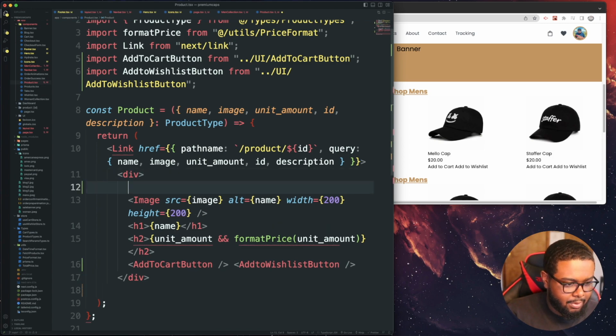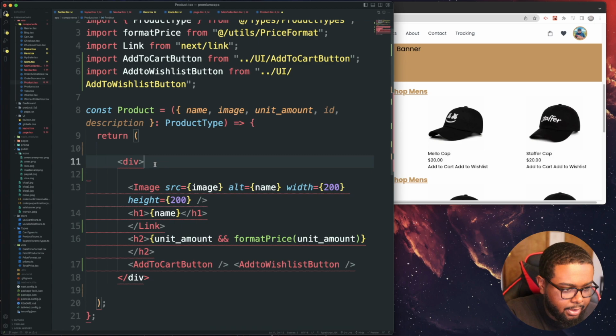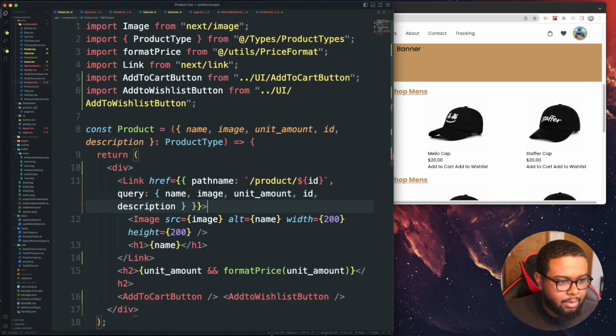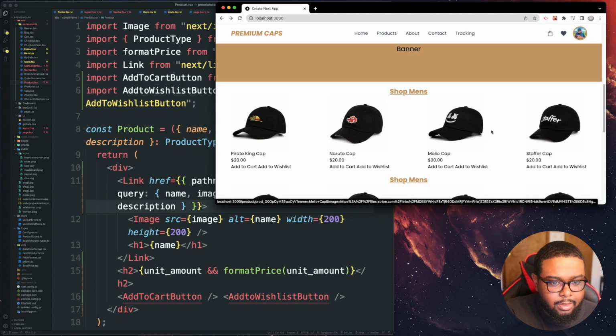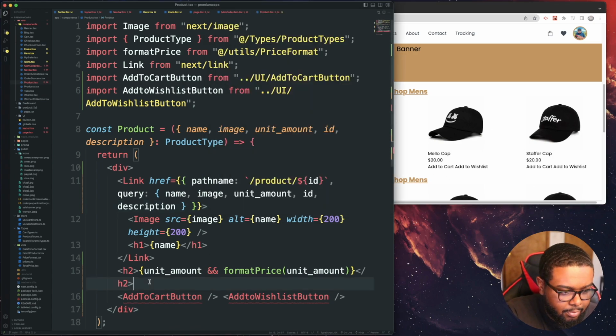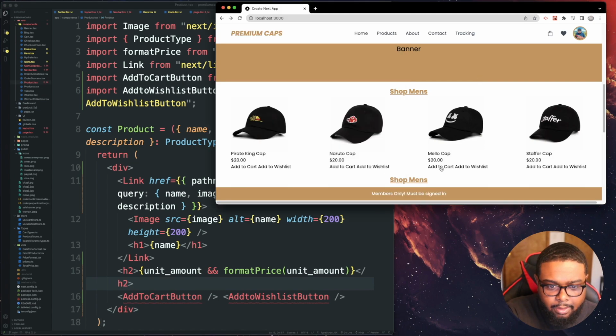So let's put the link here like that, and then take this, bring it inside here like that. So now the link and the image should just be clickable. So now when I click on my add to cart,